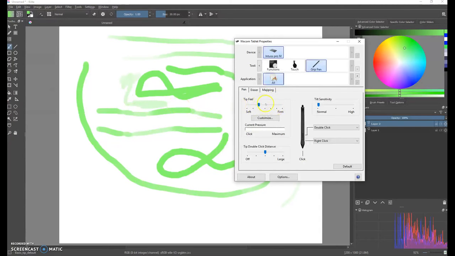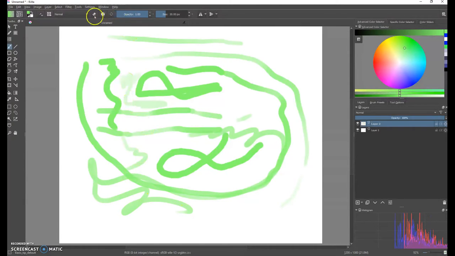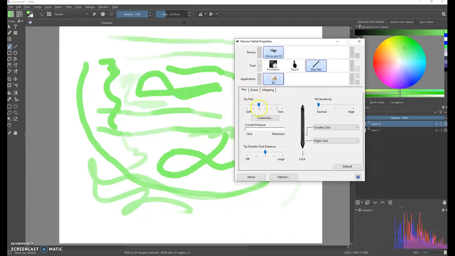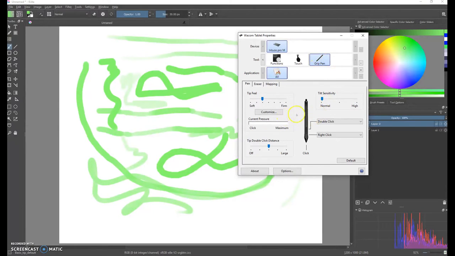I like mine a little bit softer than the middle. I think that it feels the most natural to myself, but you can select whatever you think is good for you. Most pen tablets, especially Wacom pen tablets, which are the ones that I've used primarily, will have a settings menu similar to this. Maybe not as in depth, but there will definitely be some sort of tip feel,